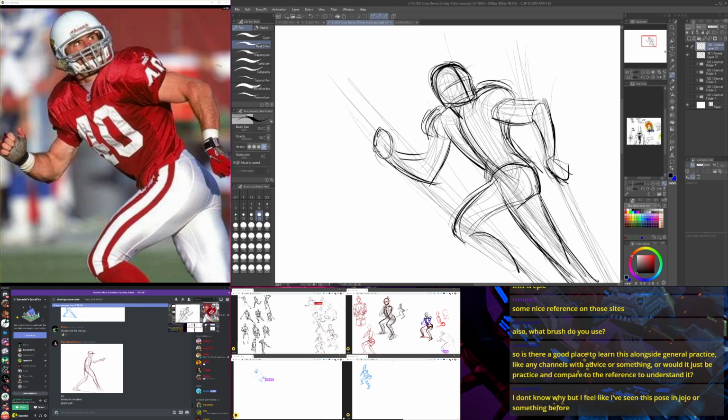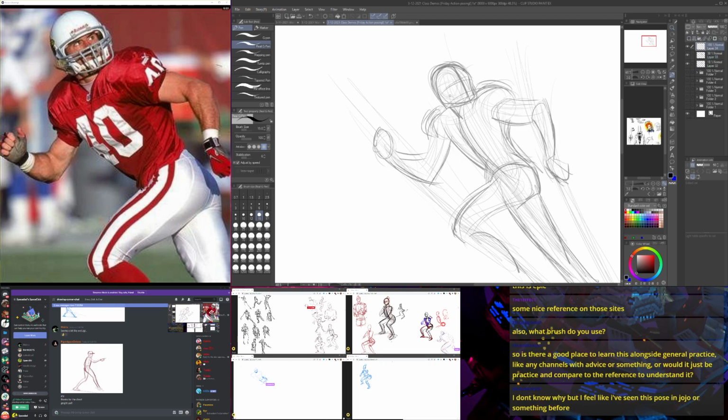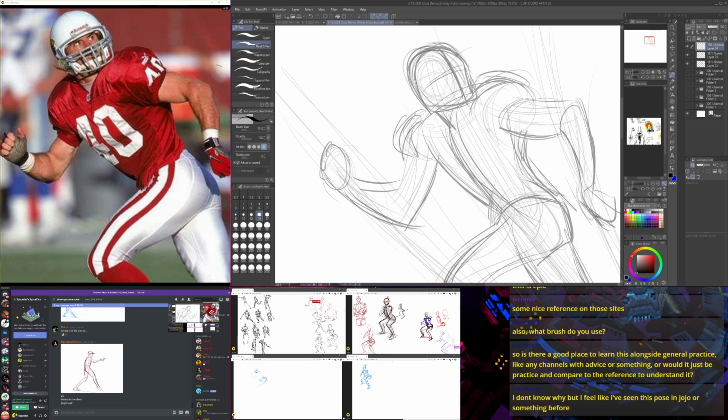So this is feeling pretty good to me so far. So I'm gonna keep playing with him some more and keep trying to cartoonify him.